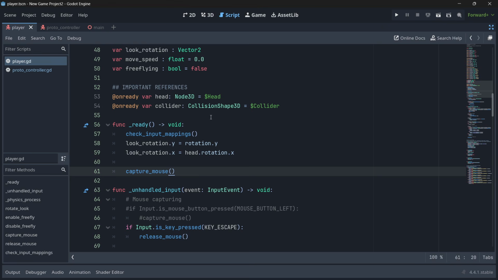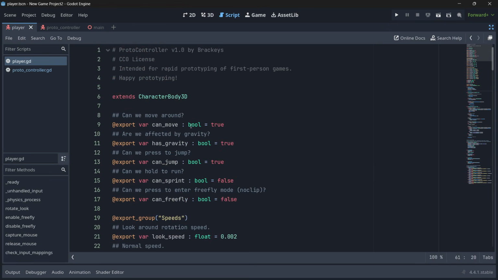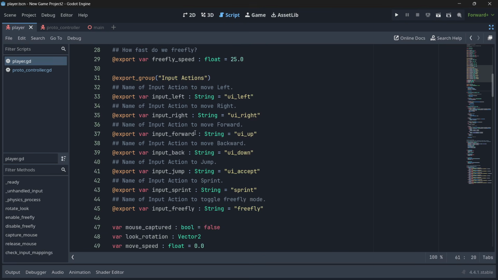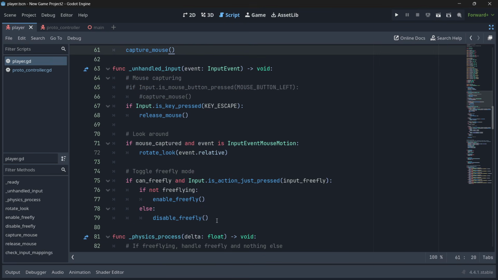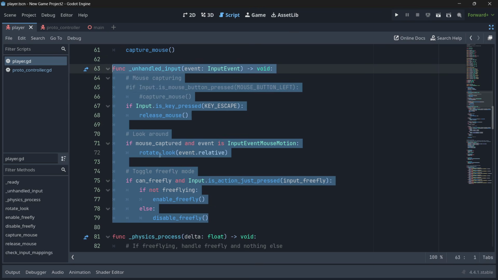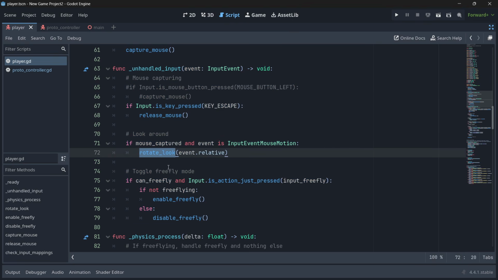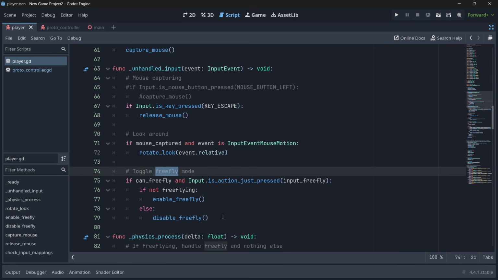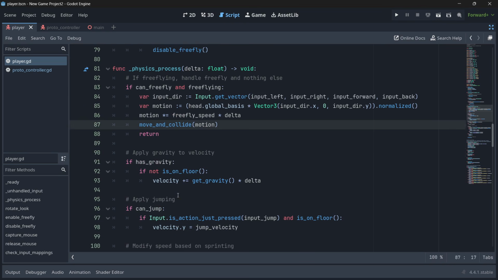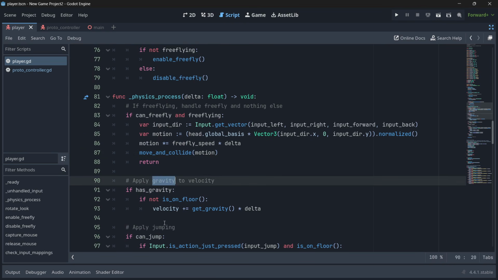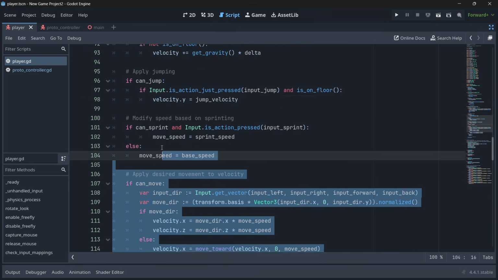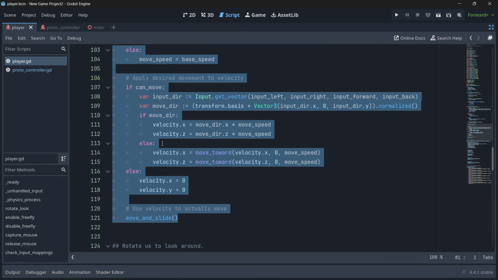Let's actually maximize it. So for example, here we have a lot of options that we can get to modify. They are pretty self-explanatory, so I don't think I have to explain a lot of things here. In unhandled input, what we are doing basically is handling stuff related to the mouse and to looking at different positions. Basically here, for example, this code block looks around when we are doing this. Or even you have a free fly mode, so here is all the logic for that. In physics process, we are handling the movement, okay, gravity, jumping, all that we need in order to move basically. So this is the piece of code that you have to modify if you want to modify something related to